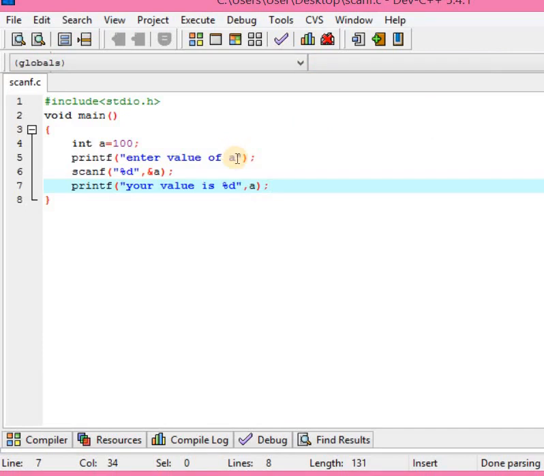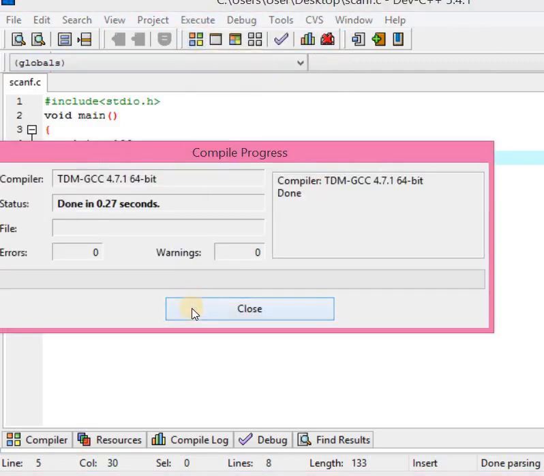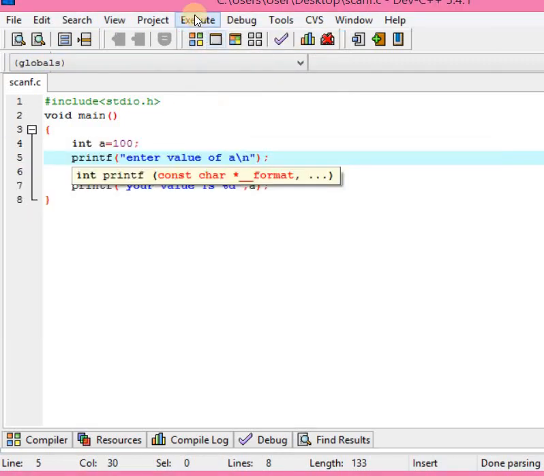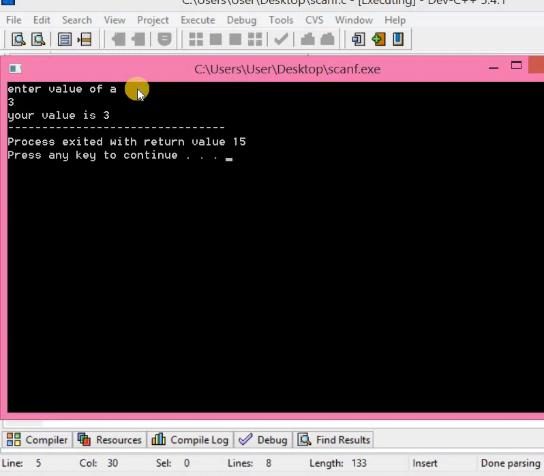If you want some space, you can write a new line, use \n here, and again save the program. Compile, run the program. Let's see. Here in the next line we can print the value and see the output. Your value is 3.